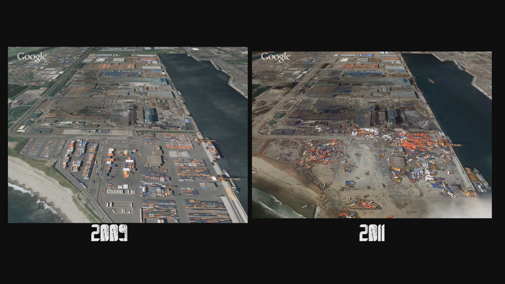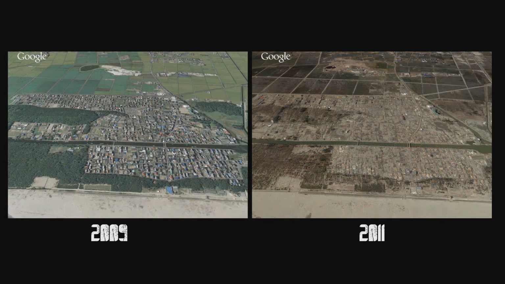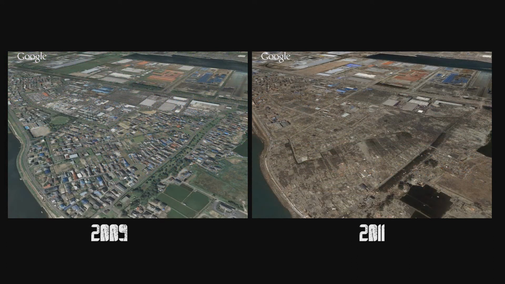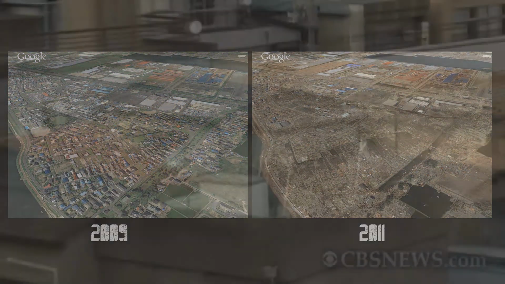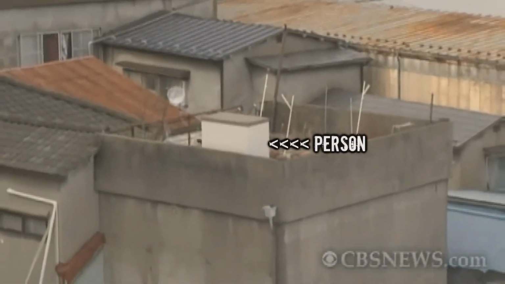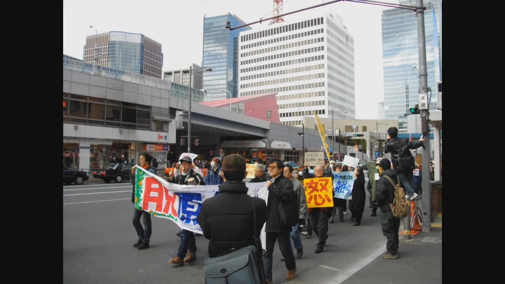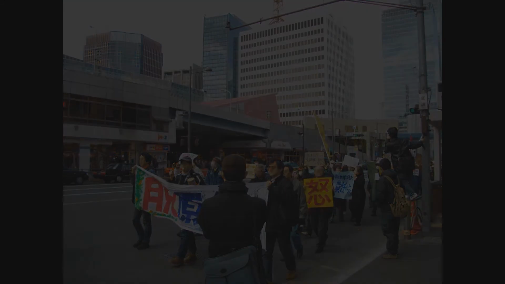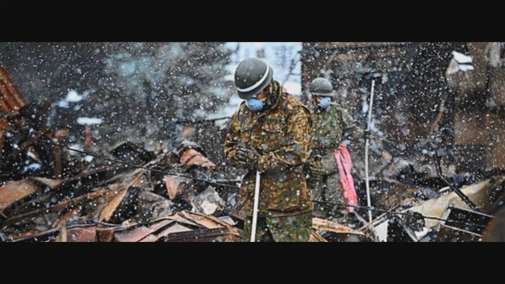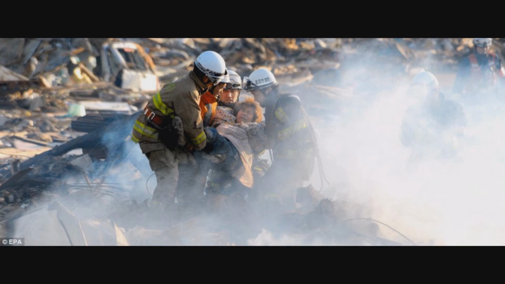Houses are literally gone, shattered, destroyed, and washed away. The land just looks totally different from before the tsunami hit Sendai. Just imagining being in the position of a person during the disaster is completely horrifying. Also, 16 days after the disaster, a group of people protested in the streets of Tokyo against nuclear power. Earthquakes cannot be predicted. However, tsunamis can be predicted if the earthquake is monitored closely.